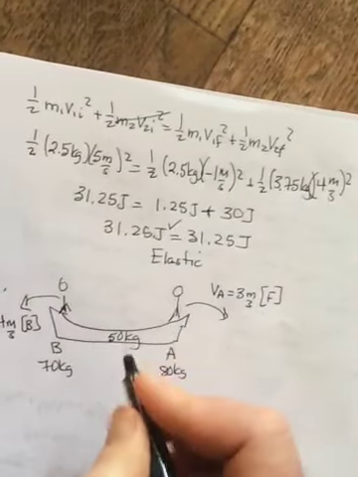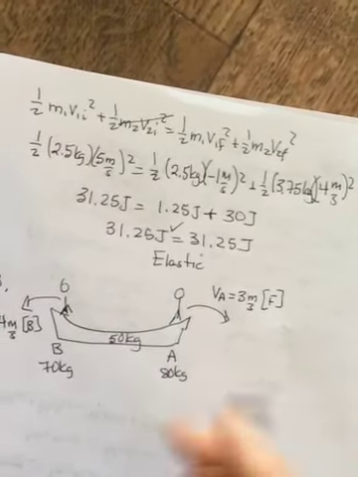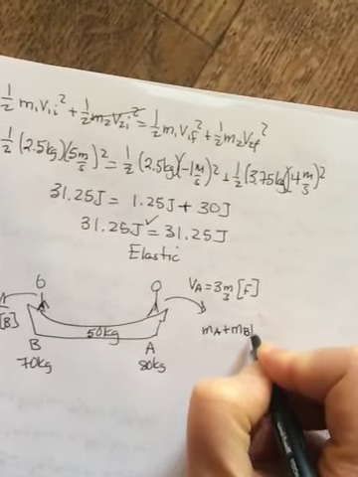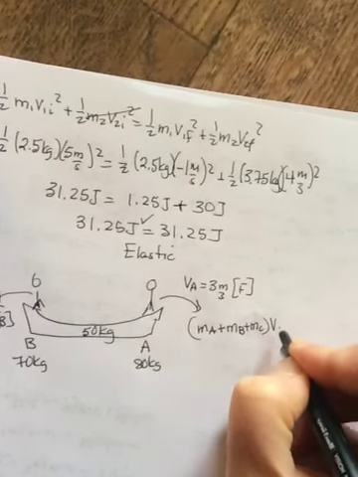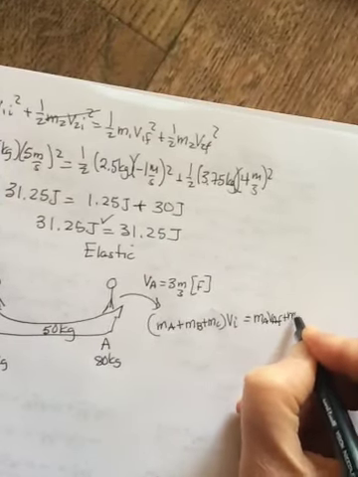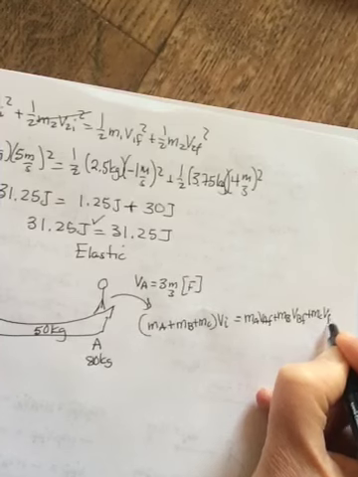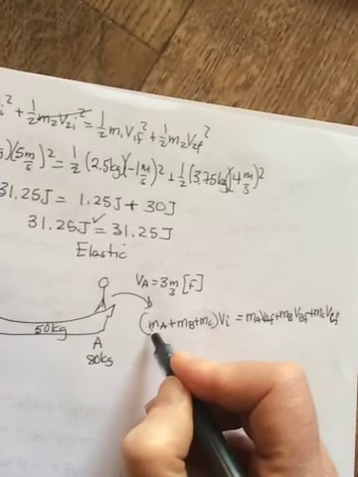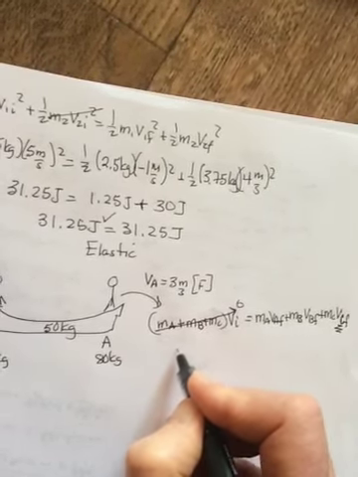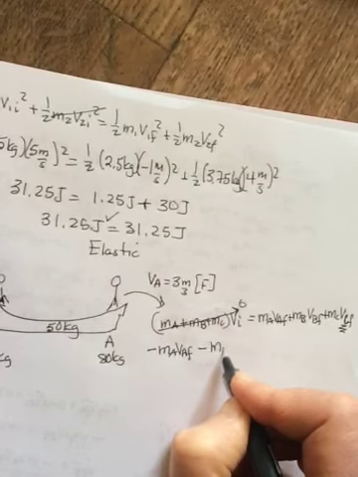Okay, so this time, and these are finals again, right? Initially, they're all stationary, and now they're going to dive off. They're all together really in the beginning. So m of A plus m of B plus m of C are all together, this is the initial velocity. And then it becomes m of A v of A final plus m of B v of B final plus m of C v of C final. Now you could write these as separate terms. It absolutely doesn't matter because they're all 0. And you're looking for v of C final, so you're going to take your other terms to the other side. Negative m of A v of A final minus m of B v of B